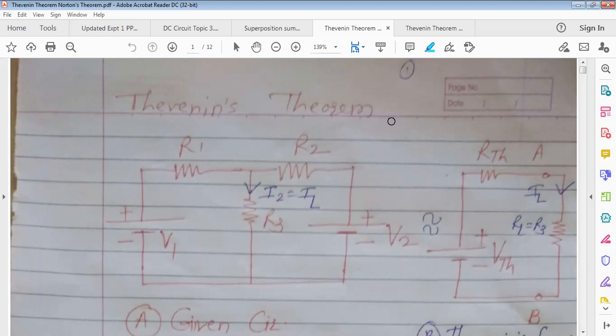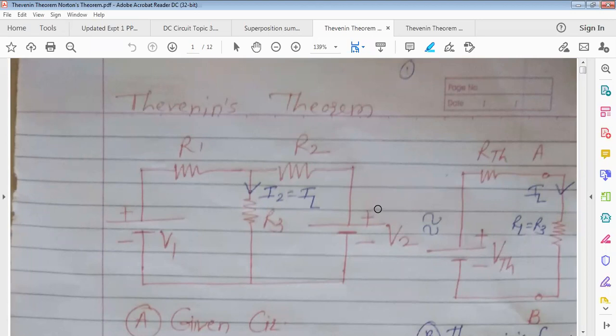Again, Thevenin's theorem, this one you can apply for simplification of an electric circuit, that is to find out the unknown parameters. This one also you can apply to a linear bilateral circuit. Here, it's not so that only one source, any number of sources, you can go for Thevenin's. Okay. Only the thing is the circuit must be linear bilateral.